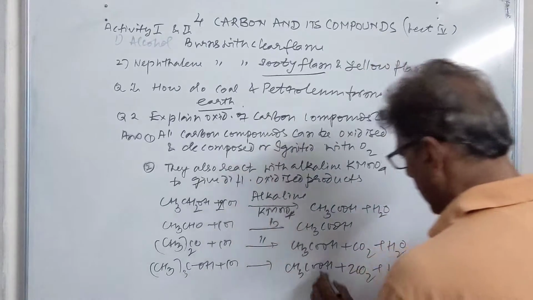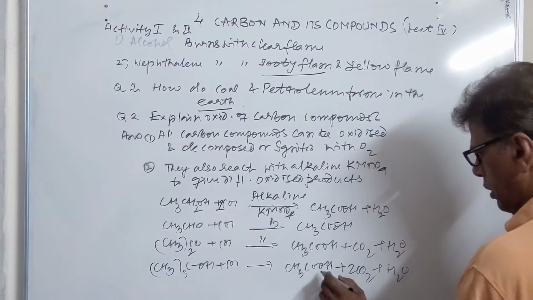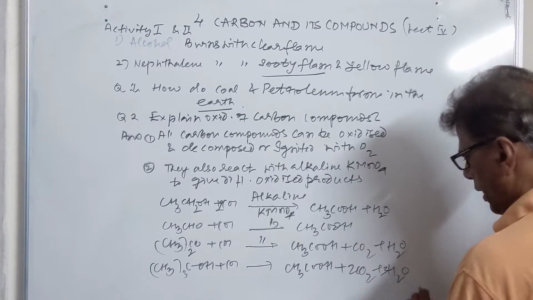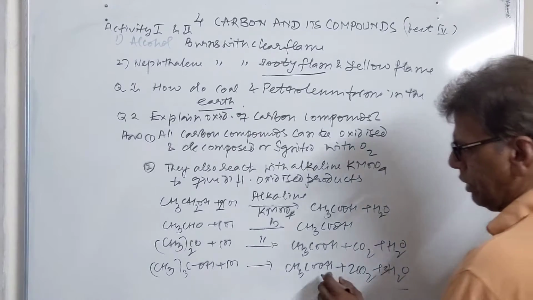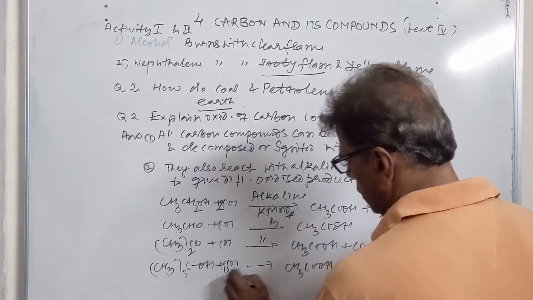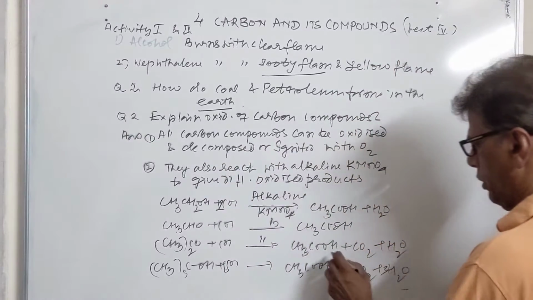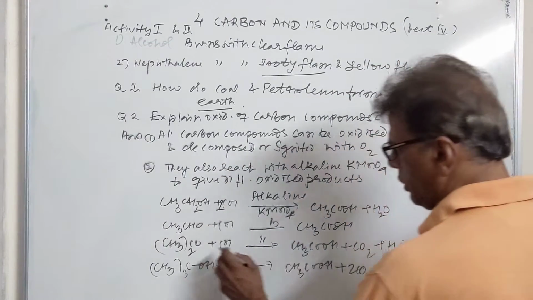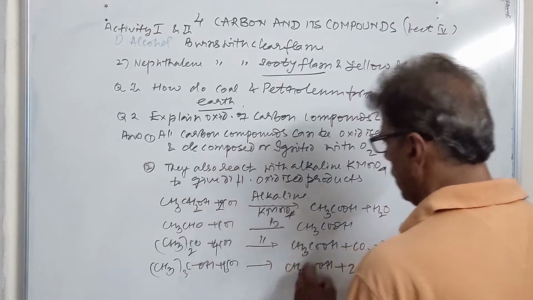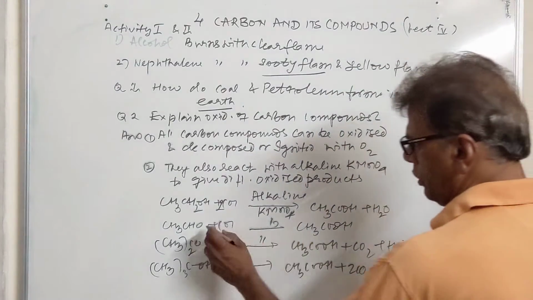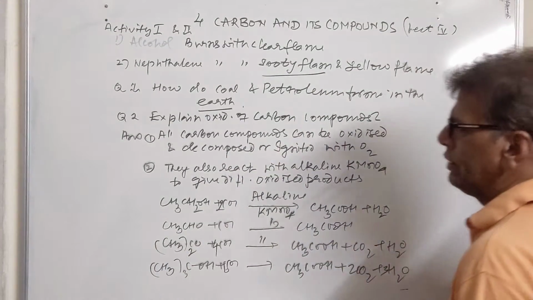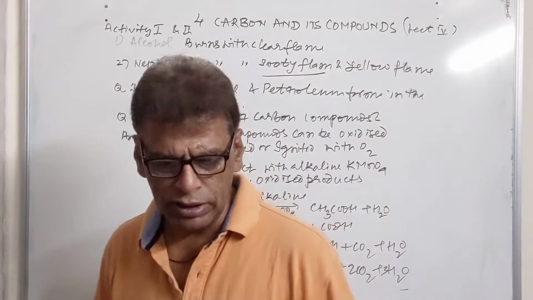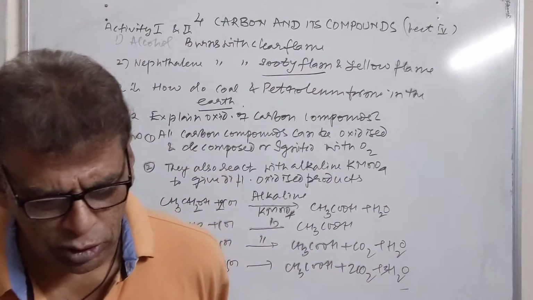It was having 10 hydrogens, here we are having 4 hydrogens. So we get 3 water here, 7 oxygens are here, 1 oxygen was there. So this is consuming 6 oxygen. Here we are consuming 5 oxygen, 1 is there, 4 oxygens. Here we are consuming 2 oxygen, we have 2 oxygen. So these are the oxidation of carbon-containing compounds with alkaline KMnO4.